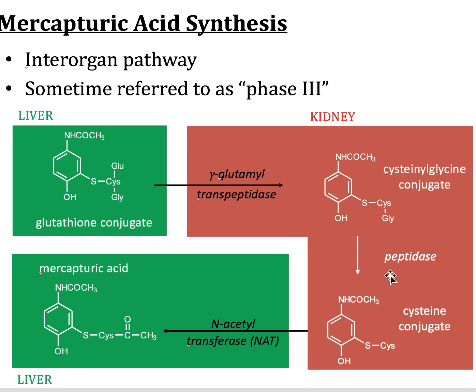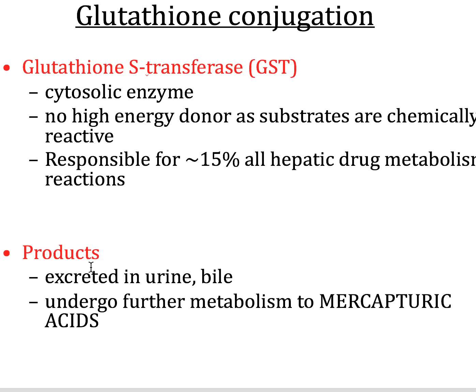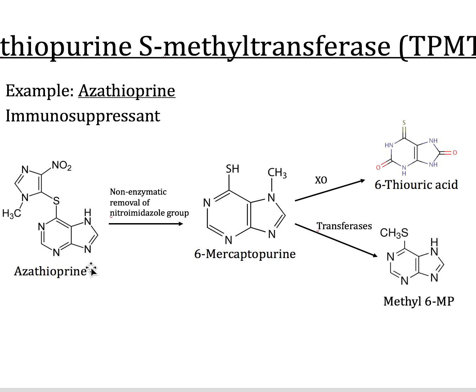Then with the peptidase, the GLY is removed, and then N-acetyl transferase, NAT, takes place, in which an acetyl group is added in order to form the mercapturic acid. So that's the mercapturic acid pathway. So if you want to know how sometimes a glutathione conjugate becomes this, this is what happens. So it goes from the liver to the kidney and then back to the liver. So if you remember, the NAT was involved in the